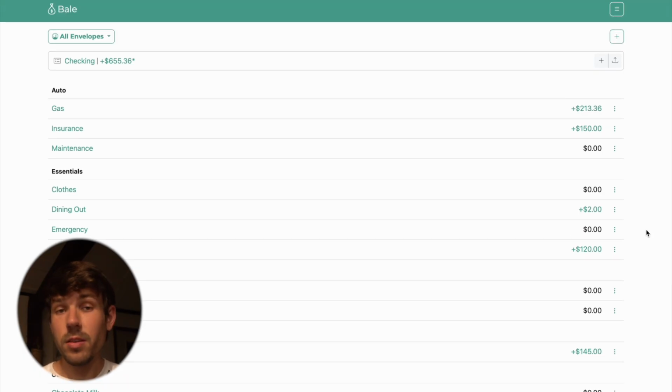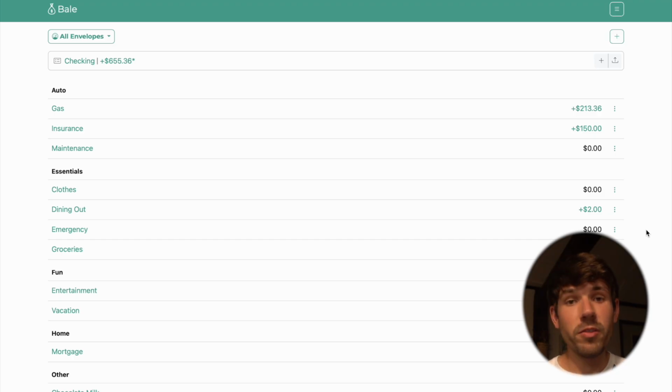The transfer feature is a feature that I have not seen in a lot of budgeting apps, and one that I think is going to be a huge tool for helping you manage your personal finances. If you need more money in a different envelope, then just move it around as if you're moving physical dollar bills between physical envelopes. Now, one thing I want to go over real quick is how to find undesignated transactions,